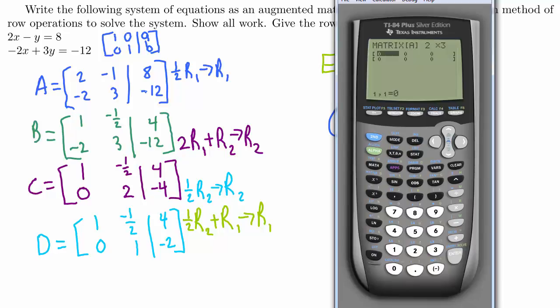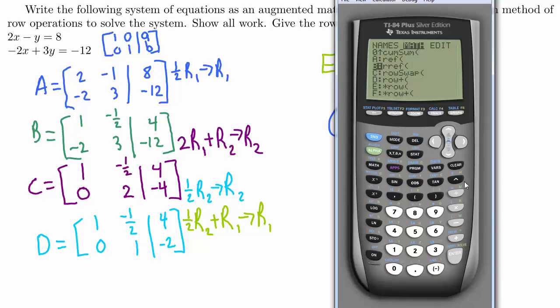Type in all of these elements from A. That gives me 2, negative 1, 8, negative 2, 3, and negative 12. Be sure to click enter after every one of them. Then you want to quit to the home screen. Now, to just check our answer, we can go to second matrix, go to math,